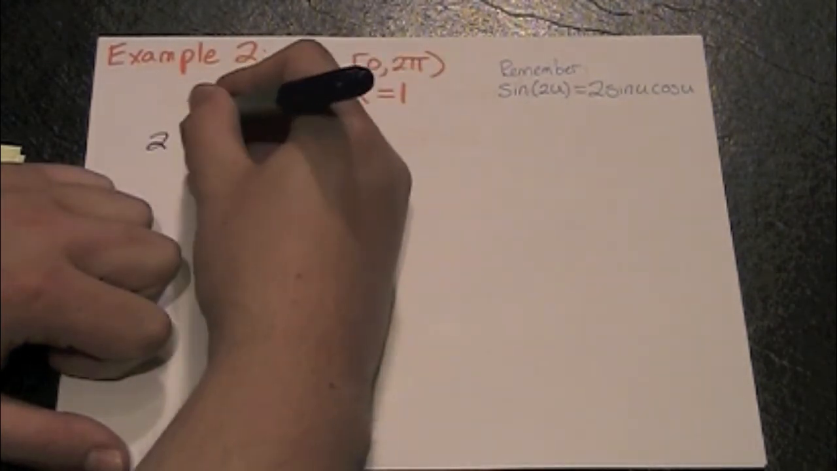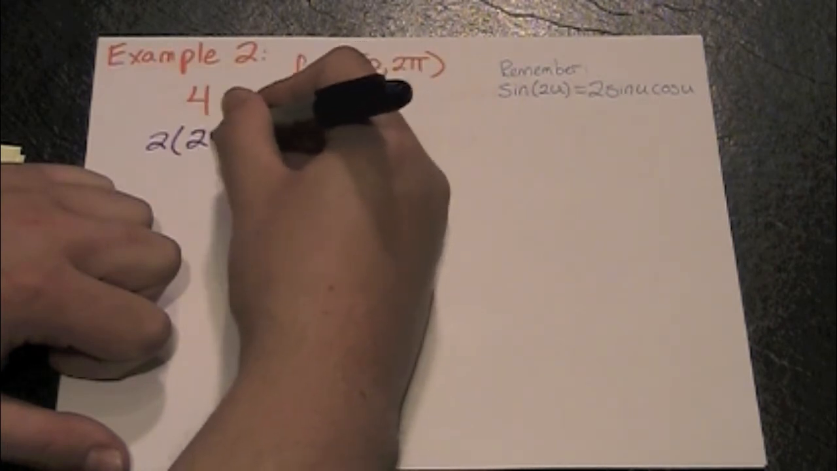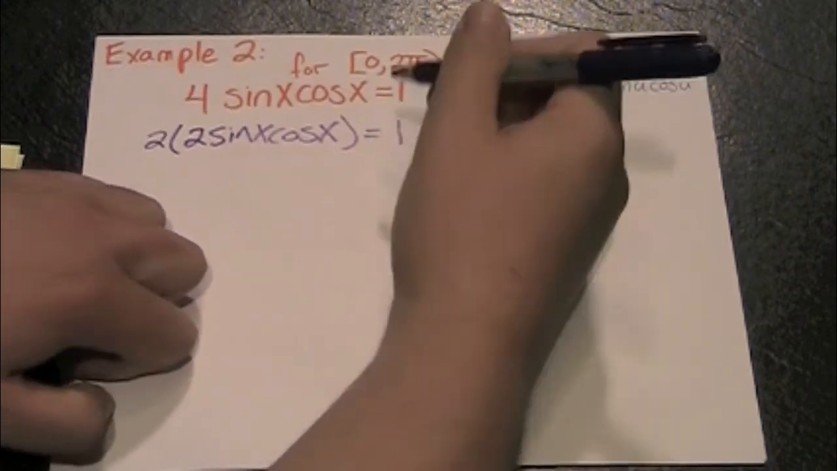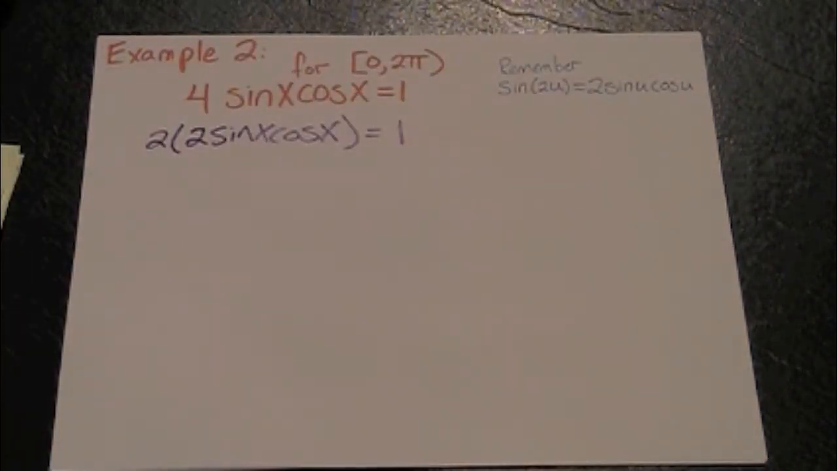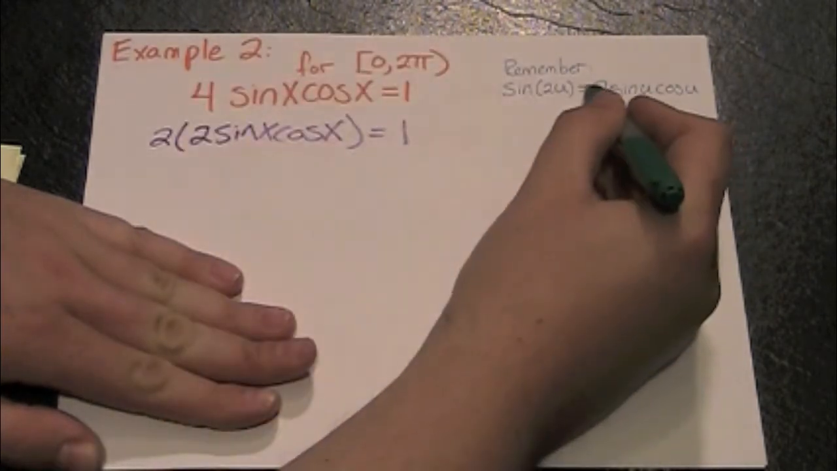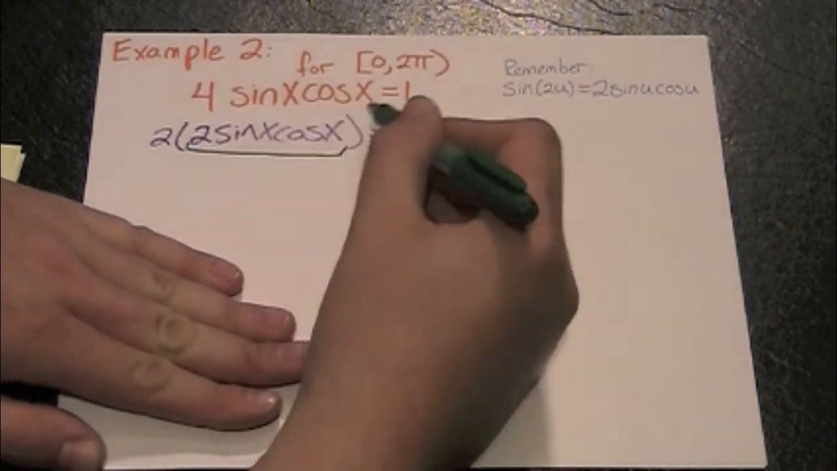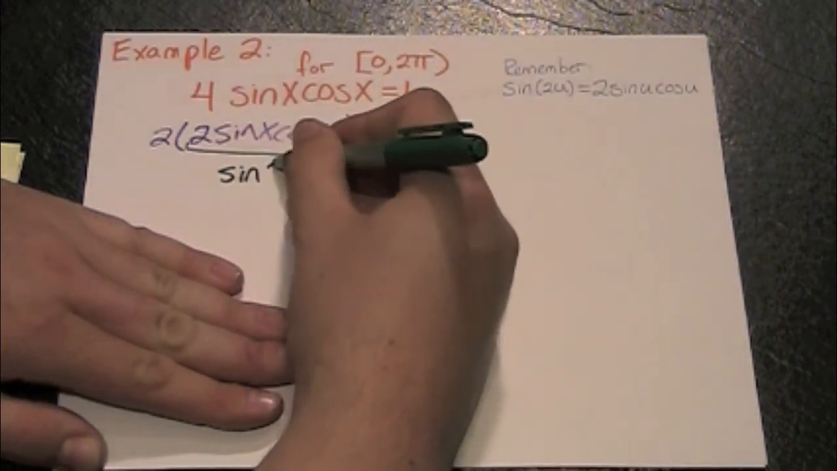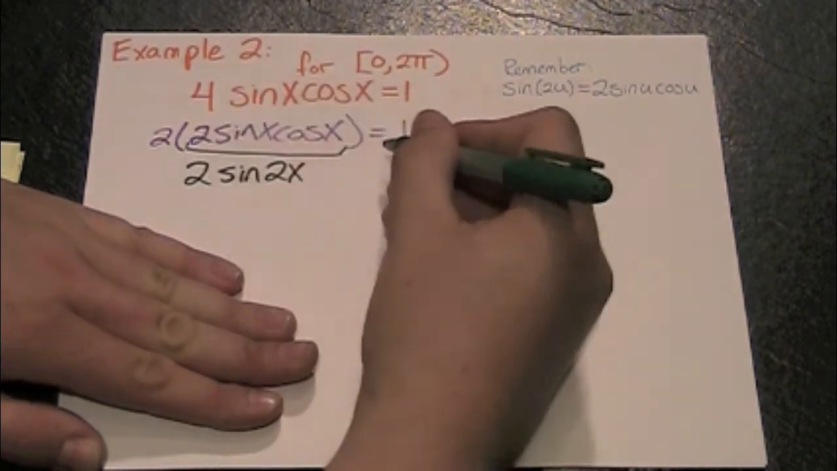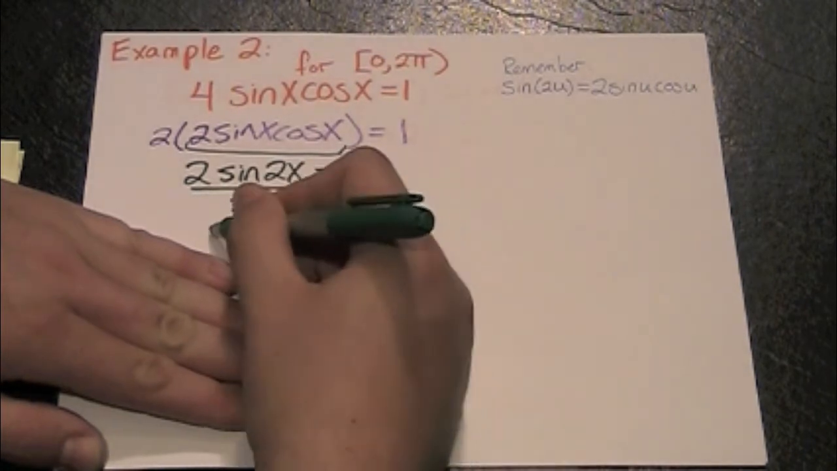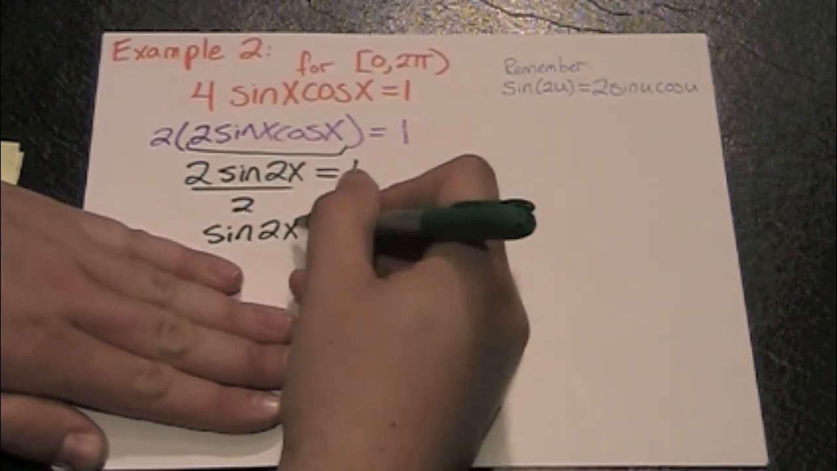So what I really have here is 2 times 2 sine x cosine x equals 1. So I have my double angle formula multiplied by 2. If I plug this into the right side, it's going to spit out sine of 2x. So I have 2 sine of 2x equals 1. Divide both sides by 2. I've got sine of 2x